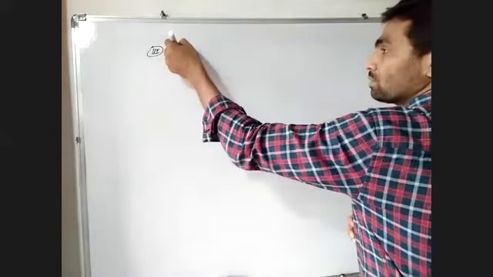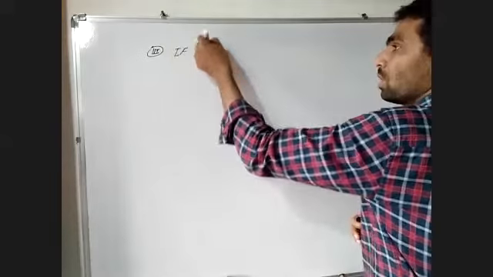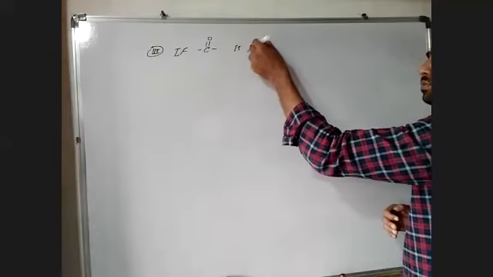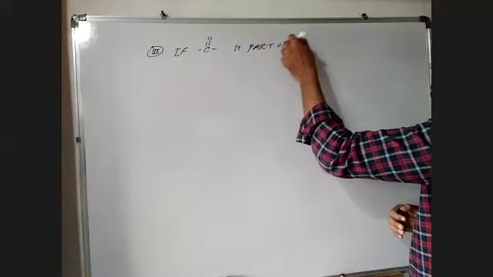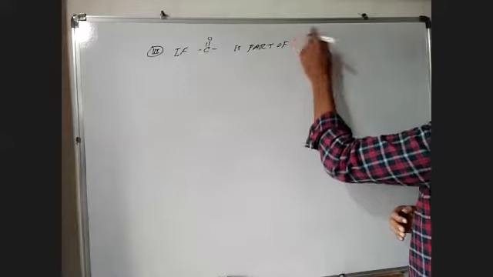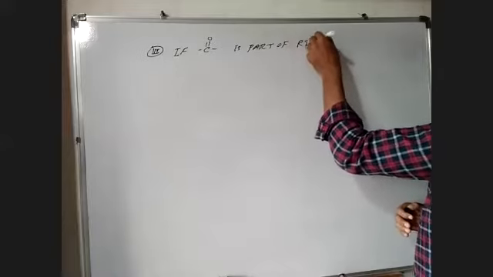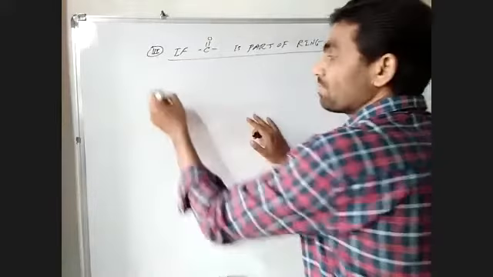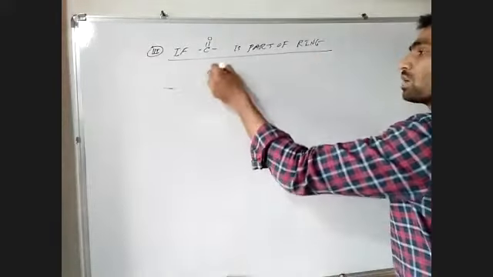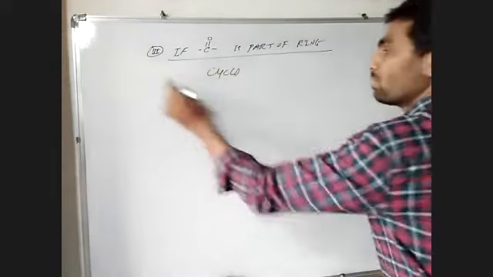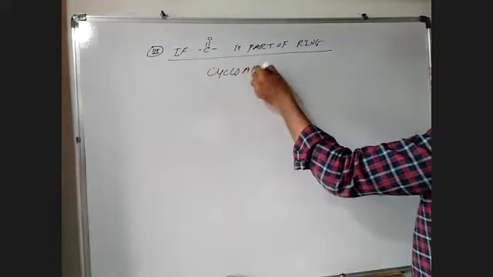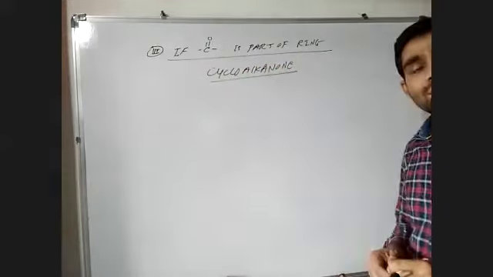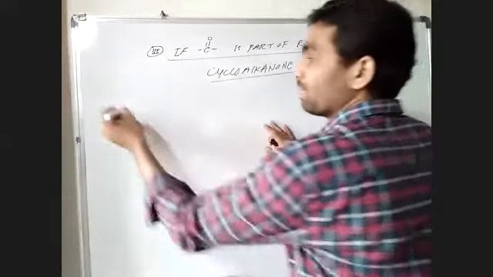If carbonyl is a part of a ring, what will be the name? The name will be cycloalkanone. For example,